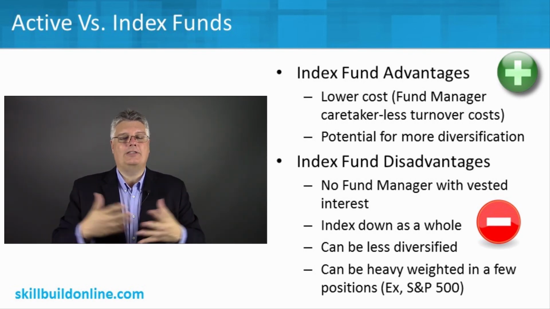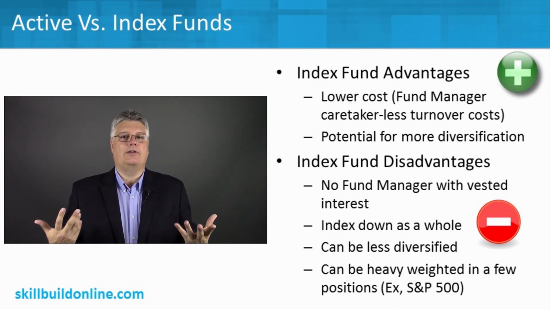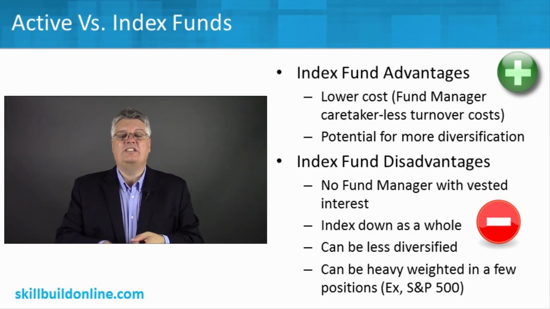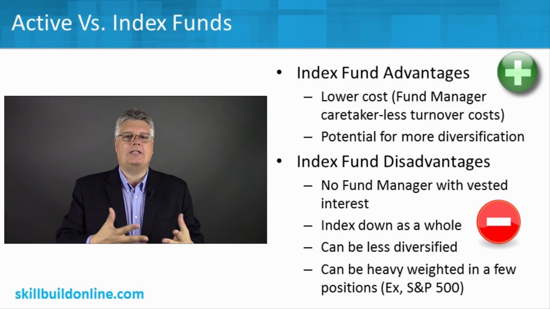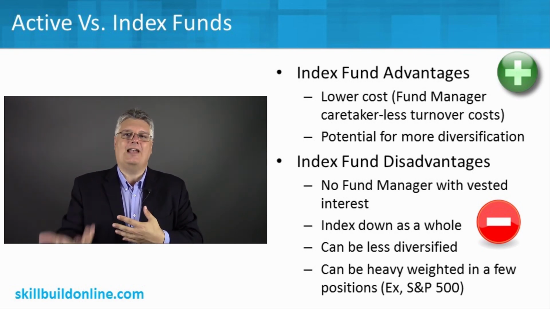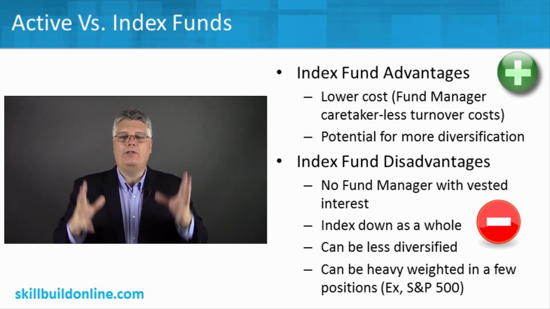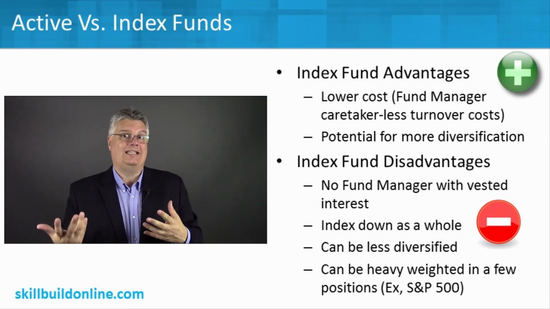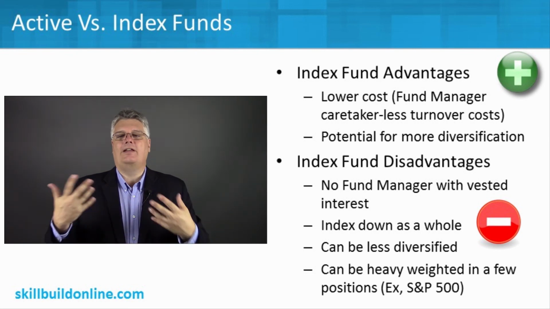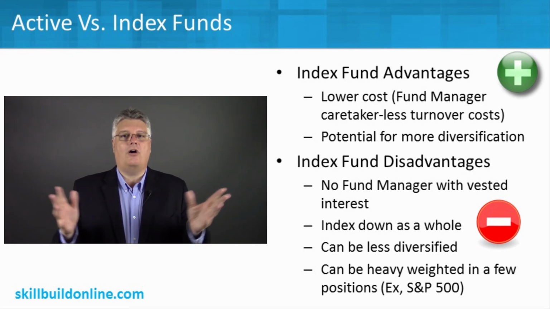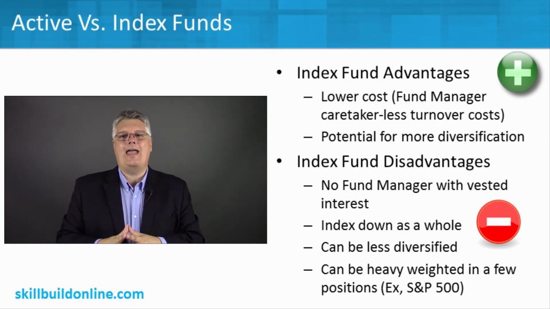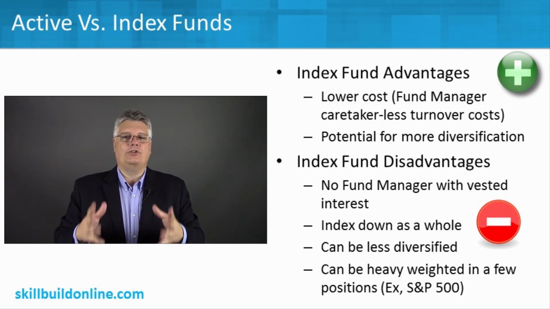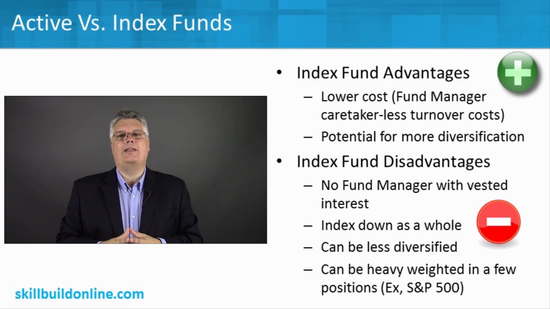And also, because they carry lots of different types of stocks, there might be some stocks in a large index fund that you might not like. Maybe there are defense contractors in there, or tobacco companies, or alcohol companies. If you're buying individual stocks, or individual fund managers, or even actively managed funds, you can avoid what are called sin type things like gambling, defense, tobacco, alcohol, firearms, all that stuff. You can buy actively managed funds like that, versus an index fund that's just going to have this broad index.